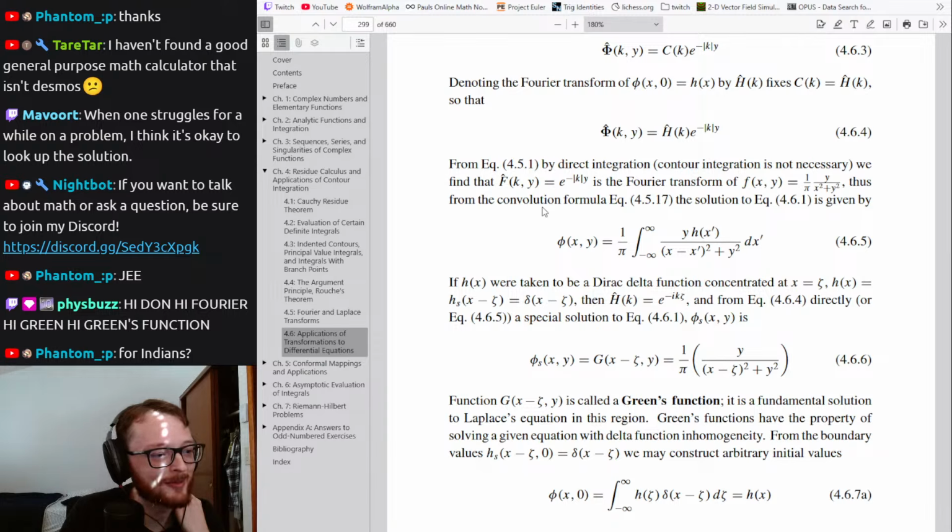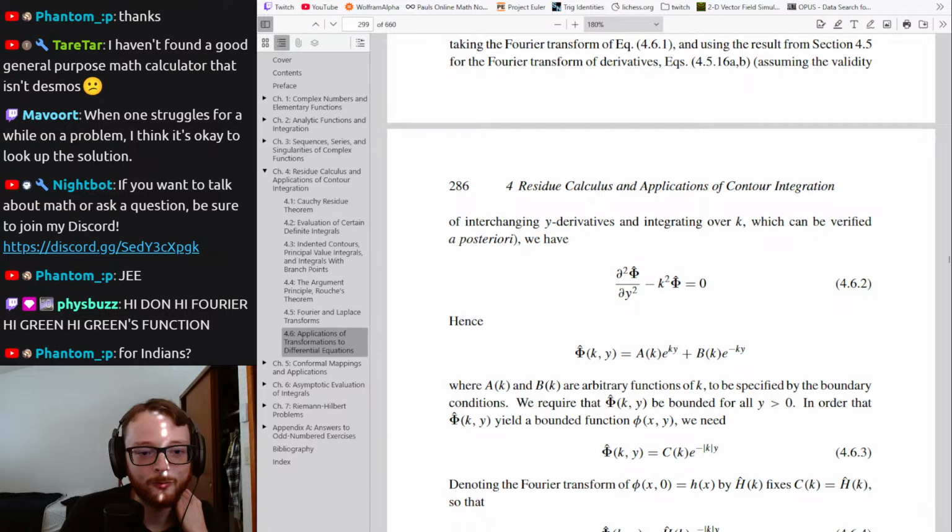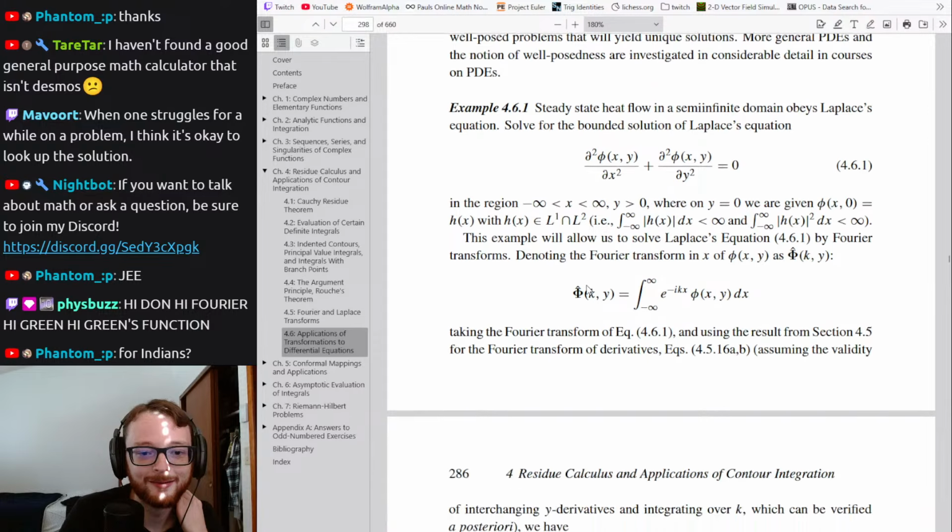Found a good general purpose math calculator that isn't Desmos. I just use Wolfram Alpha, but even then, it's not necessarily good either. For one chosen for a while, I probably think it's okay to look at the solution. I think so too. I wasn't bothering to try to Google it because Cytos often just invents problems, which is cool, but makes it hard to find a solution online. That one might have one out there. But yeah,